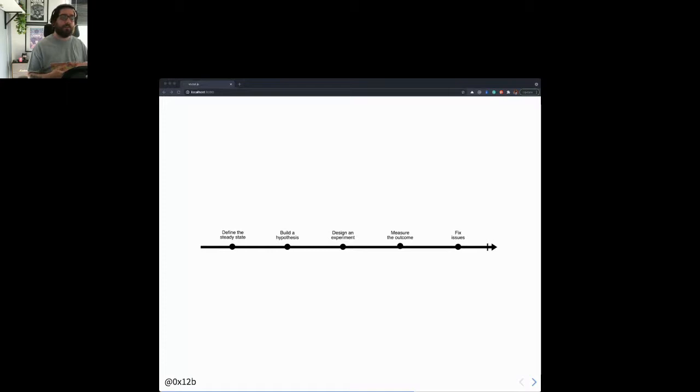And then once we have our hypotheses down, it's time for us to actually design an experiment that simulates the circumstances that our hypothesis describes.